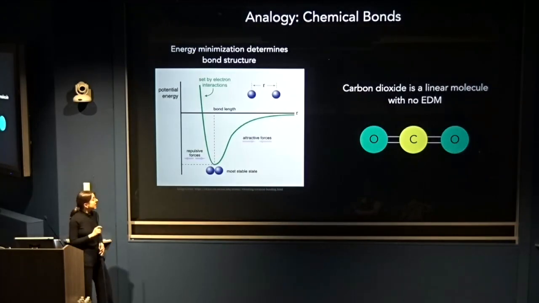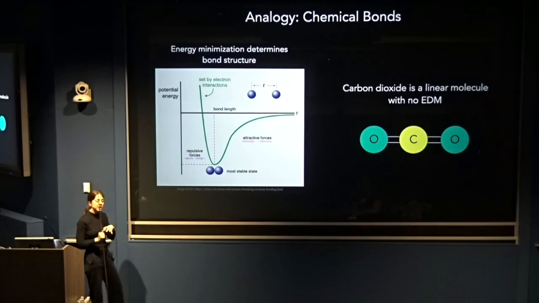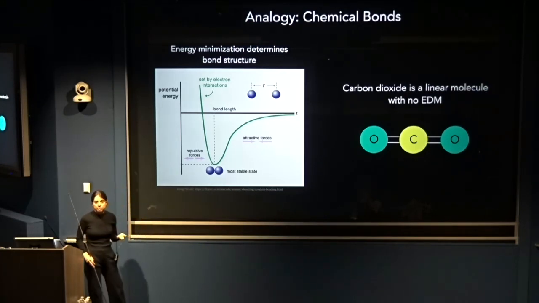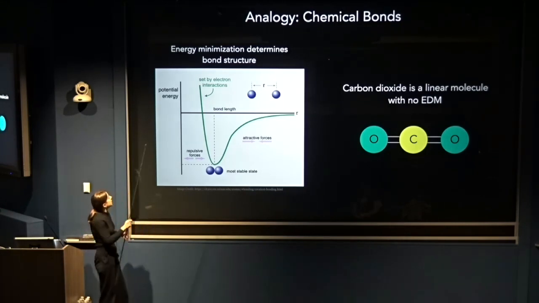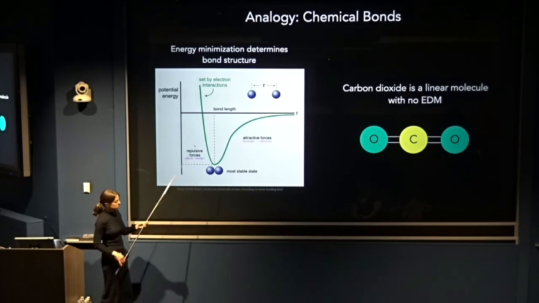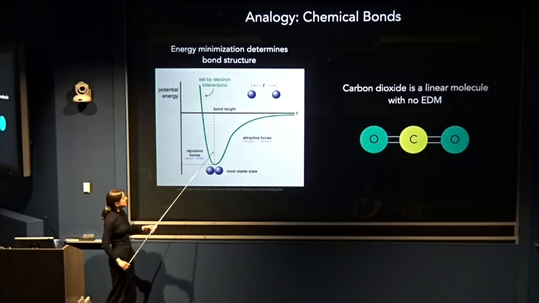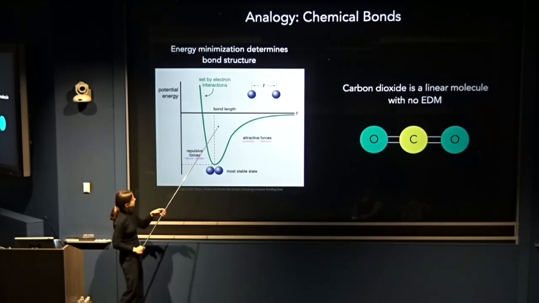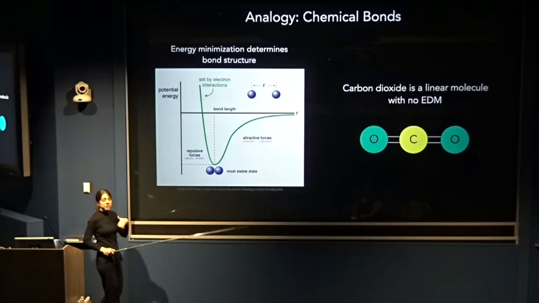And it turns out that the axion is one way in which we can minimize that energy and explain that configuration of the up and the down quarks in the neutron. By analogy, it's very similar to how we think about bonds forming in chemistry. When we think about bonds forming, we're thinking about how two atoms can arrange themselves such that they minimize the potential energy felt by the electrons that they share. And so the actual stable state is going to be the one that minimizes that energy.